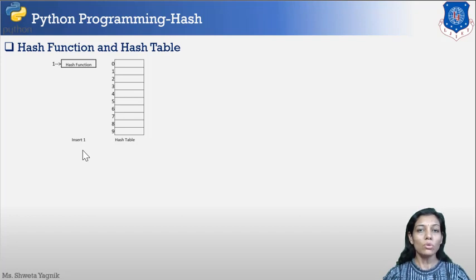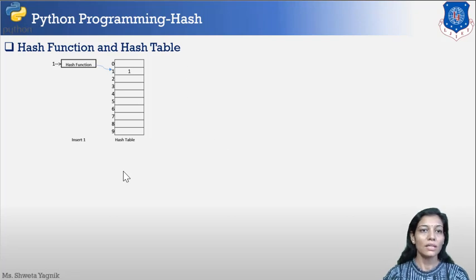So we'll be using the modulo operator here, and the modulo number depends on the size of your table. So we'll be taking modulo 10 as the hash function. That is the reason why 1 is mapped to 1, because 1 modulo 10 results in 1.